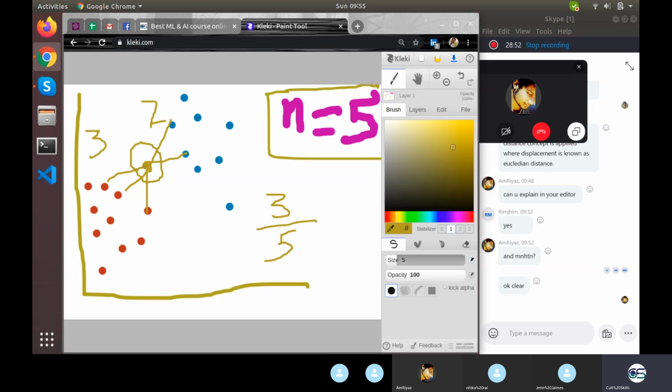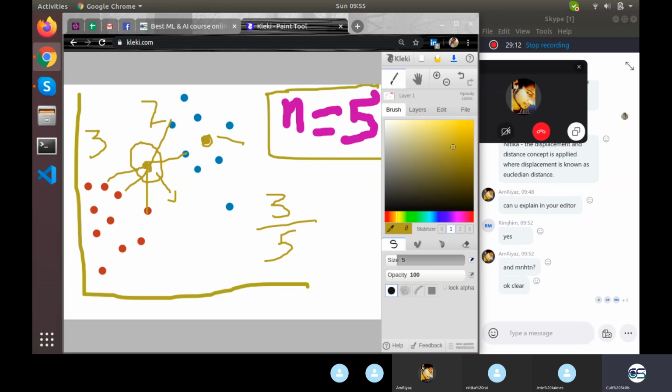So which point between these can you say is more precisely blue? This point or this point? There's one point here, and there's one point right here. Which point is more blue? Obviously this one, because it is more centralized in the blue region, and technically it is closer to all the blue points. All the closer points are blue only. There is no red close point. That's why it is 100% confident. We, as a modeler or a trained model, are 100% confident that this is a blue point. This is how simple KNN operates.